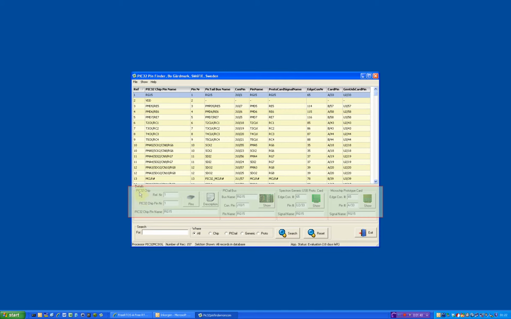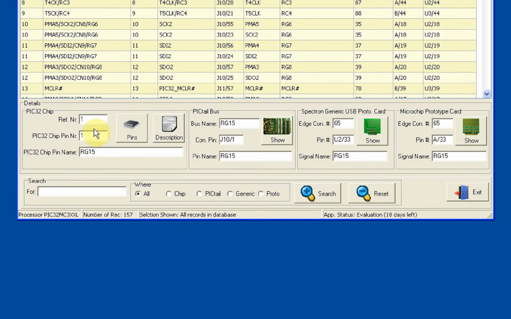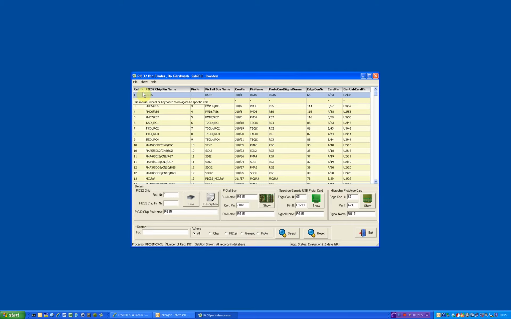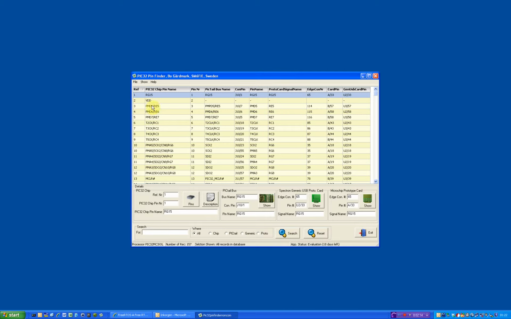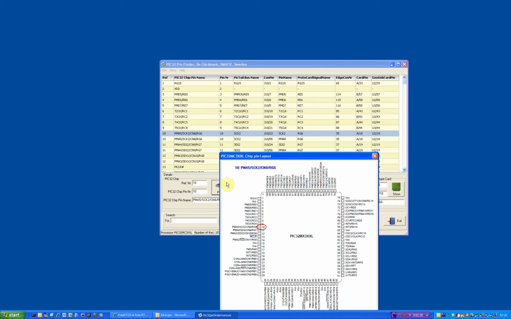Down here you have details for each signal. You have for the PIC32 chip, the pigtail bus, the Spectrum generic USB card, as well as the Microchip prototype card. If you want, you can sort the columns by clicking on the column header like this. And if you change the row in the main grid, you can see that the details get updated for each signal. Now, if you click on the pins, you get a